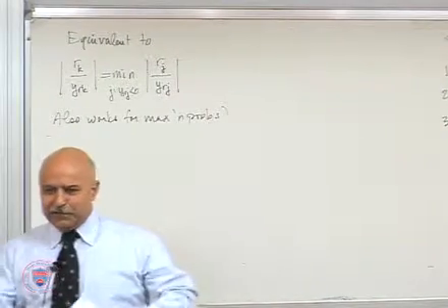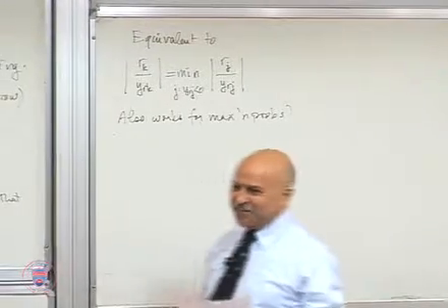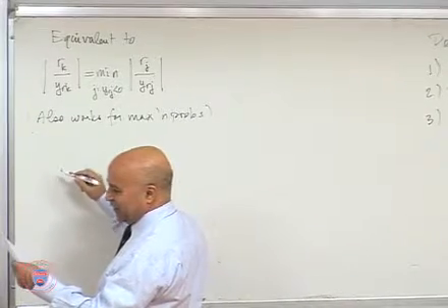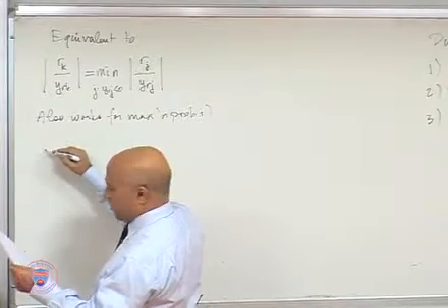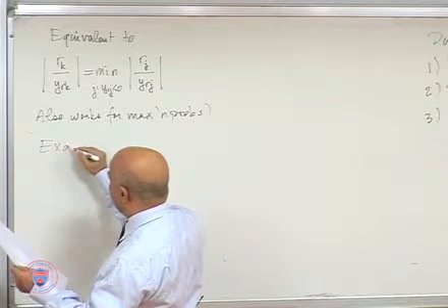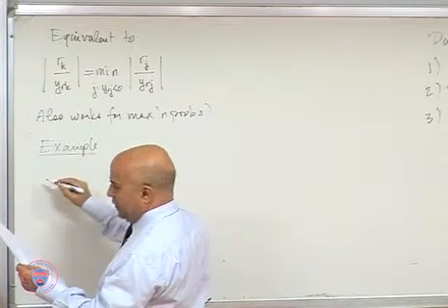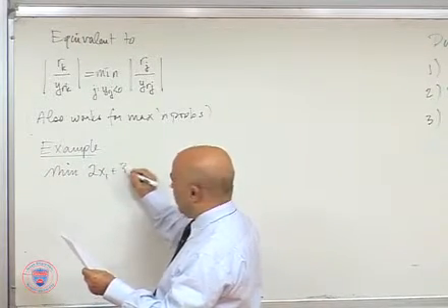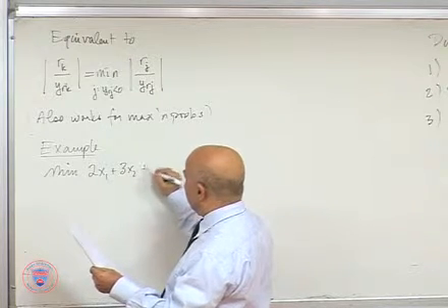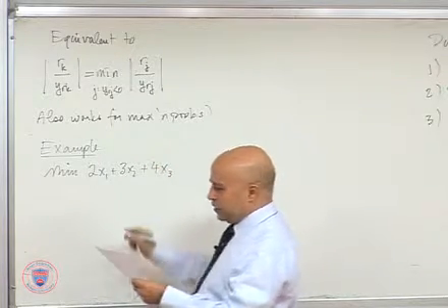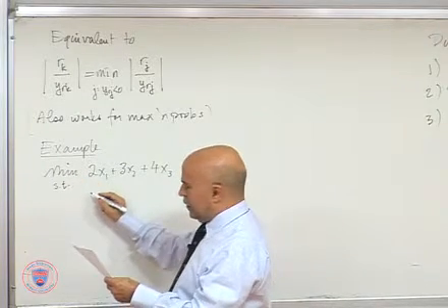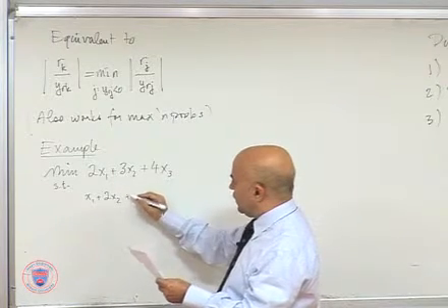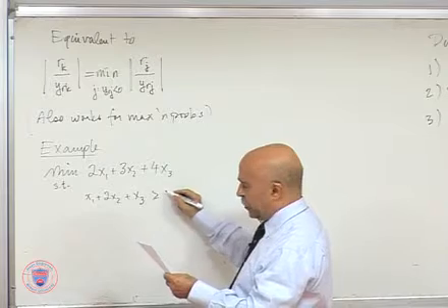The example I'm going to give you, you might have seen it somewhere else before because I usually use the same example in my undergraduate course as well. So let's see. The example problem has the following. We want to minimize 2x1 plus 3x2 plus 4x3 subject to x1 plus 2x2 plus x3 greater than or equal to 3,